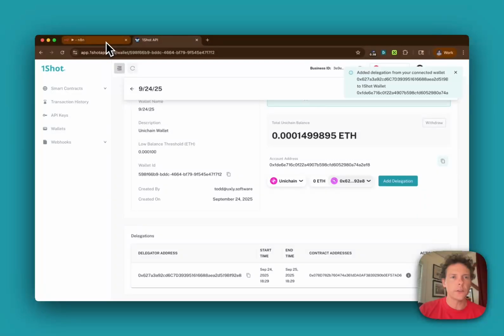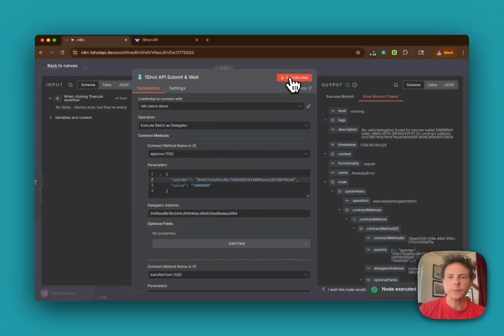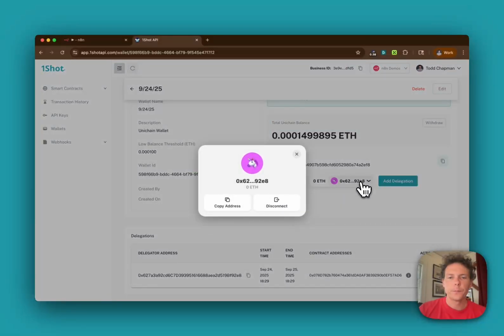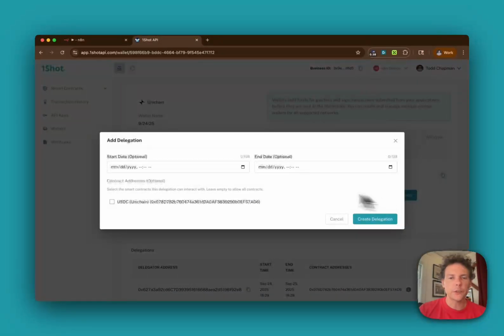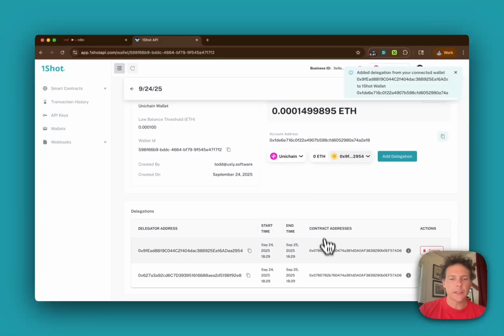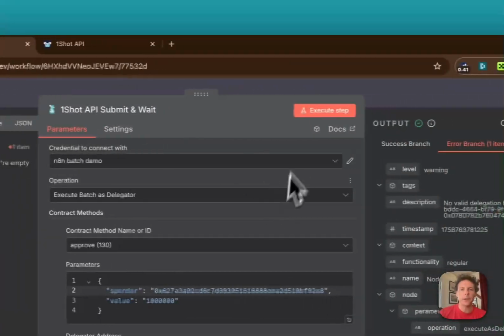So I'm not done yet. Still, if I execute this, I don't have a delegation for the other account. So switching accounts, add one more delegation to the USDC Unichain address. Now I have delegations for both accounts for the Unichain USDC address. If we come back to n8n and hit execute,